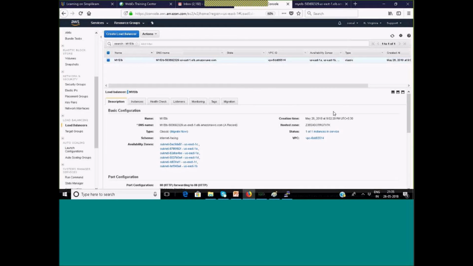Now ELB is a managed service. Amazon takes care of that. ELB is automatically highly available and scalable. You don't have to worry about a single point of failure, because at the backend Amazon is deploying two ELB instances rather than one. Though we have deployed one, in the backend Amazon is creating one more ELB. So it is a default highly available and scalable service.